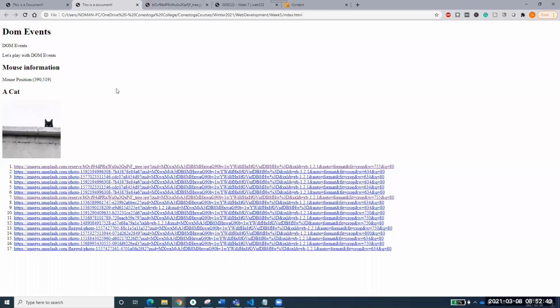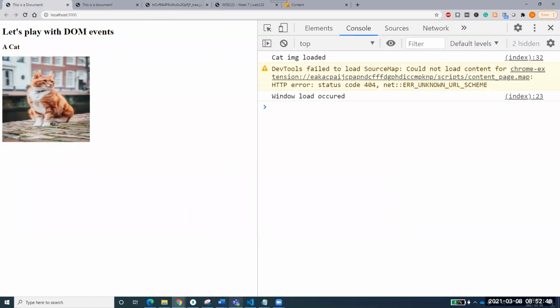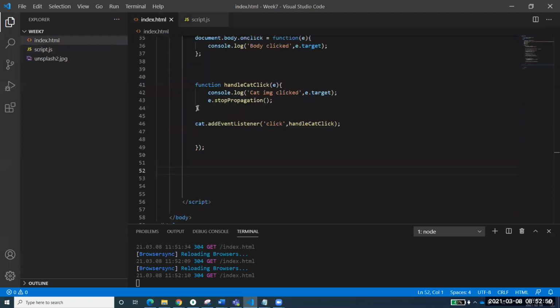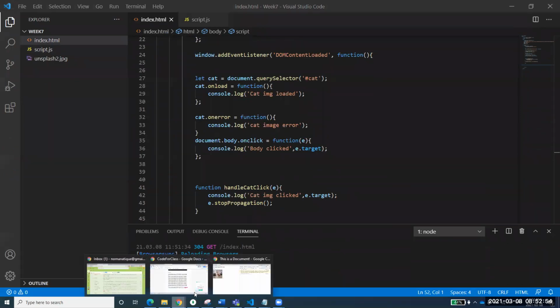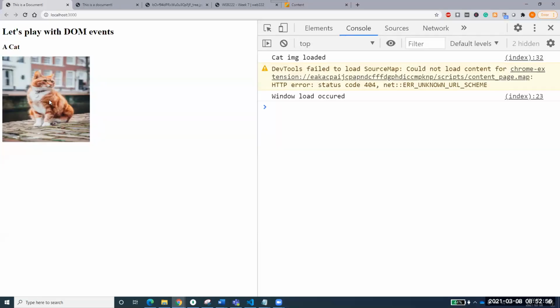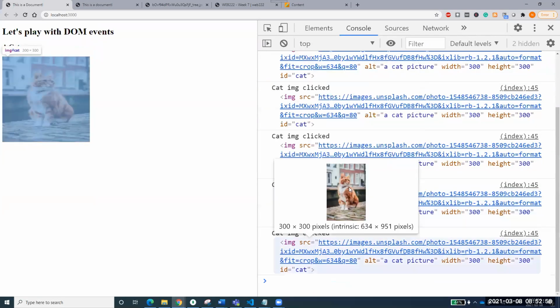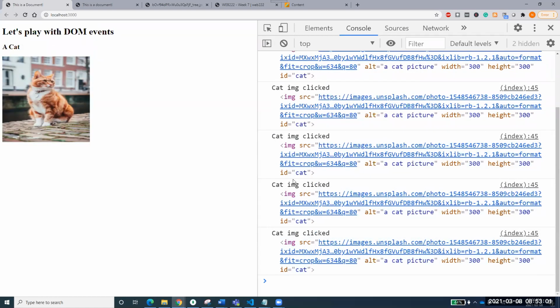Okay, so this was the document that we have to implement. I will be implementing it in this document. Let me show you where we are right now. We are at this position. The picture is not changing, rather it just has a cat image click. I have let you know that these are the things you want to do if you want to change those pictures. Now, how to capture those URLs and change these pictures at runtime.